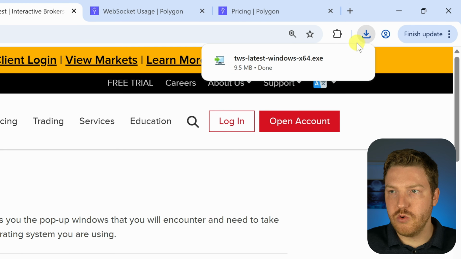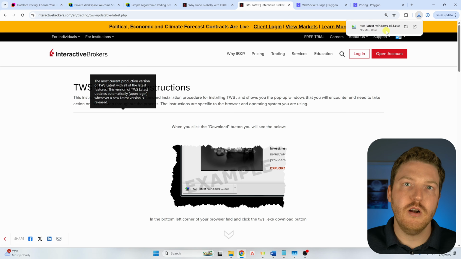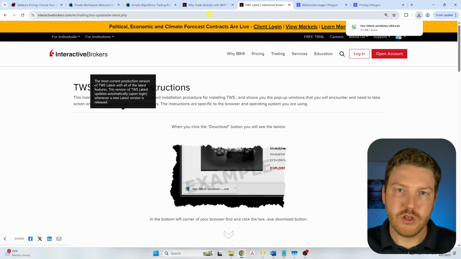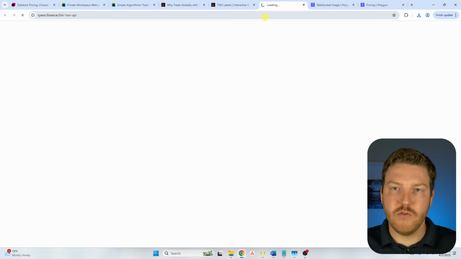Now that's going to pop up in my downloads on my computer, and then you can just run this installer and just click next, apply essentially. And then what we can also do is go back to that same page that we were on before, and